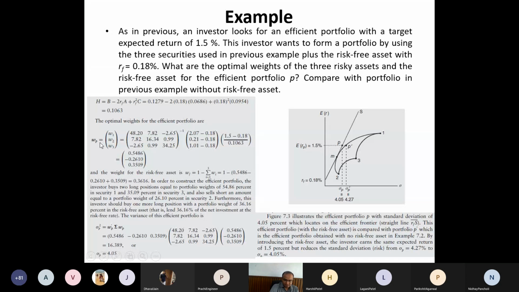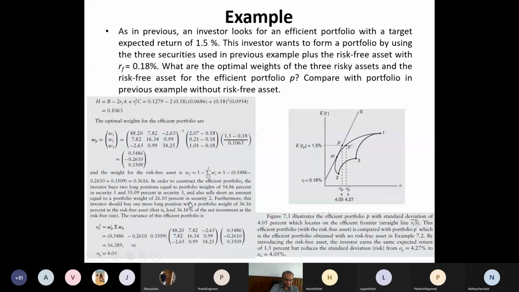But what is the change? The change is in the weight vector. The proportion of the three securities will change. And not only that, it says you should take a short position in one security and long positions in two securities. Earlier we were long in all three securities. That is how traders use this, deciding when to become short and when to become long. That is a very important strategy, particularly when dealing in futures and options. We will see that in the last unit, and if time permits we will go into detail. But there are too many things to learn in this subject, so we restrict ourselves to the fundamentals.